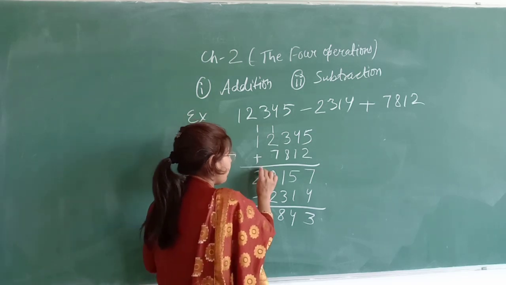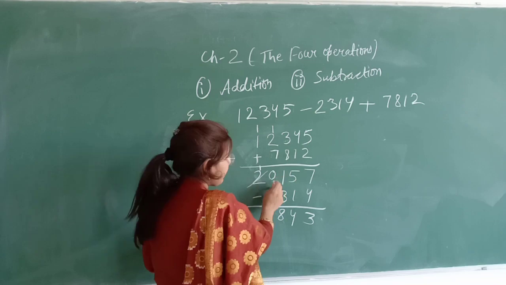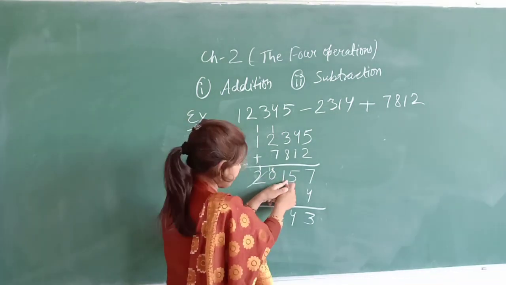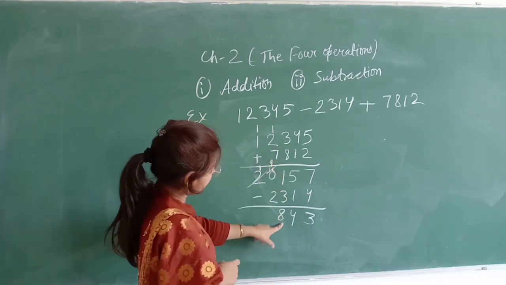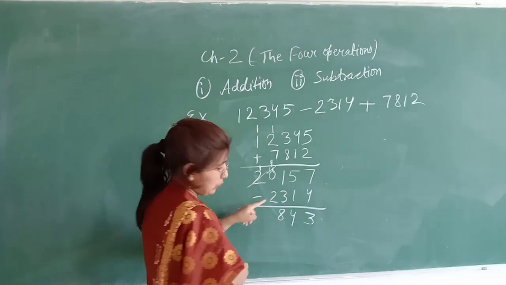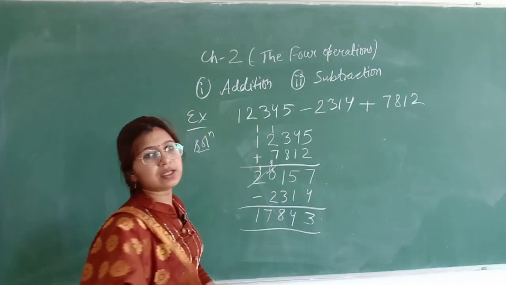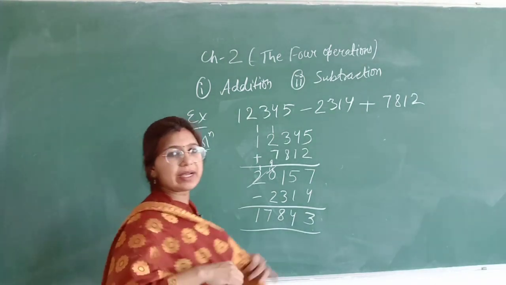This 2 will become 1 and this 0 will become 10, but as it gives a borrow of 1 to this number, it will become 9. So see, 11 minus 3 becomes 8. Now 9 minus 2 is 7 and 1 as it is. This is your required answer. Hope you get it. Again I will explain for better understanding.